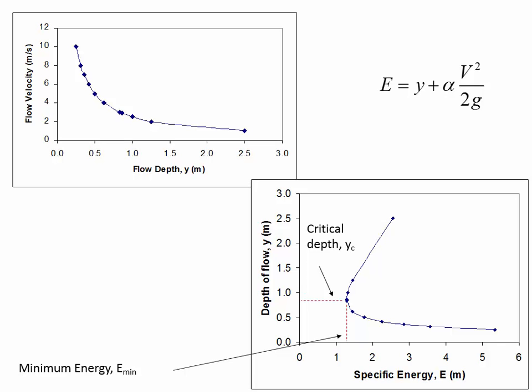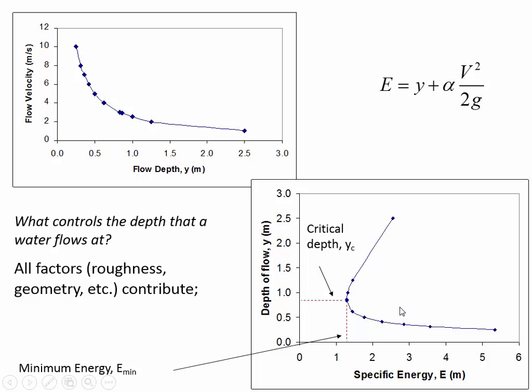And the dividing line is the critical depth, which is the only depth here that has just the only energy that has a single depth. Every other energy above that has two possible depth combinations. So the thing that controls what depth it's going to flow at,